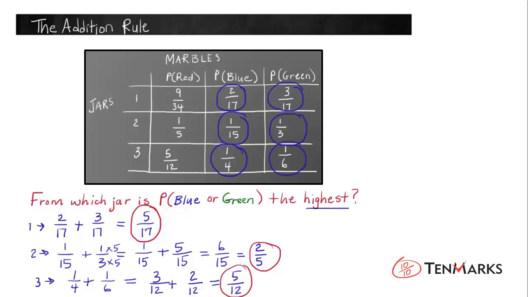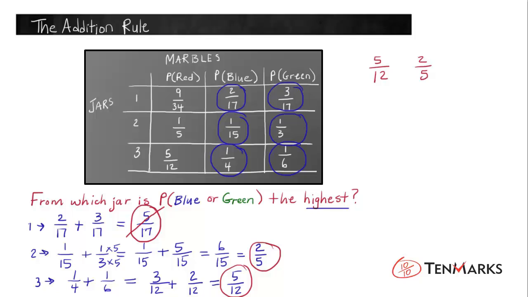5 pieces out of 12 is going to be bigger than dividing something into 17 pieces and taking 5. That leaves us with comparing 2/5 and 5/12. Now those are probably pretty close, and we can tell that because 2 is close to half of 5 and 5 is close to half of 12. So how about if we come up here and write out 5/12 and 2/5 and get a common denominator for